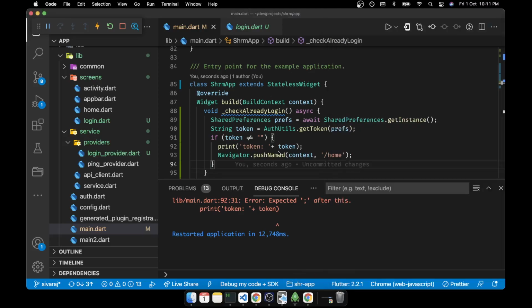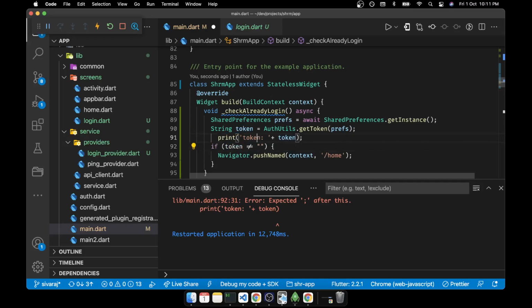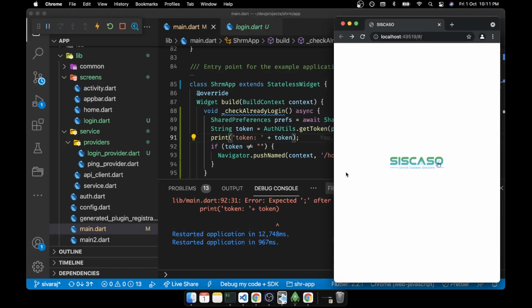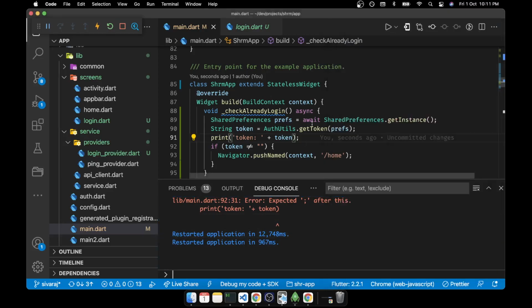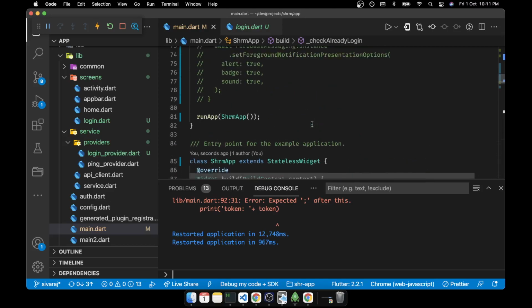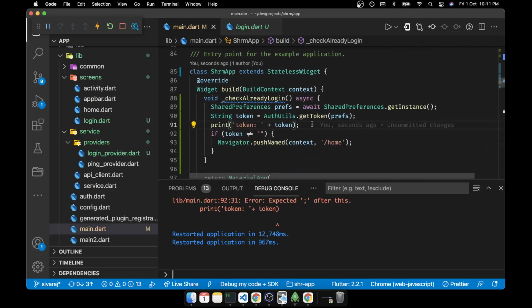So the token is not coming, maybe, or this particular part itself is not called. Only these are the two possibilities, right?